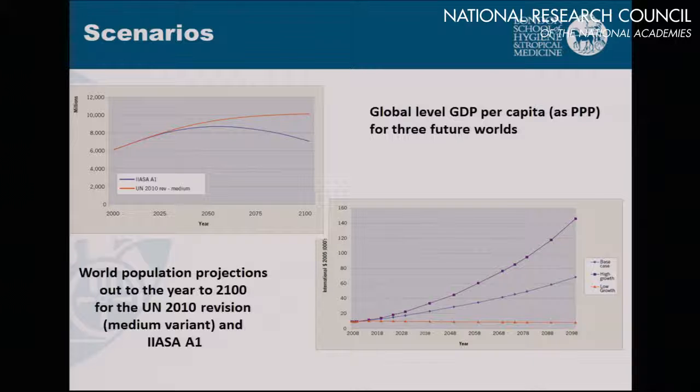Following WHO methods, we estimated the annual burden, so the annual number of deaths. When I show you the results, they're not cumulative, they're not the total burden, they're the annual burden: the annual burden for 2050 and the annual burden for 2030. I think there's an issue here about what counterfactual you use. We had a counterfactual with economic growth, with health improvement, a quite positive, healthier future world. So these are the impacts of climate change under a richer, better world.